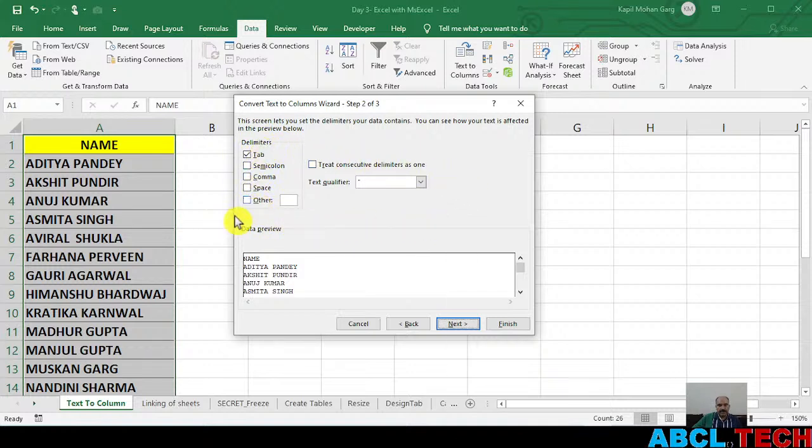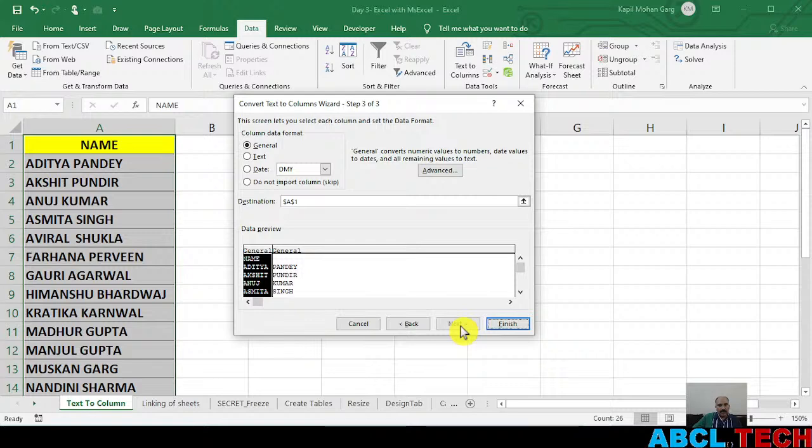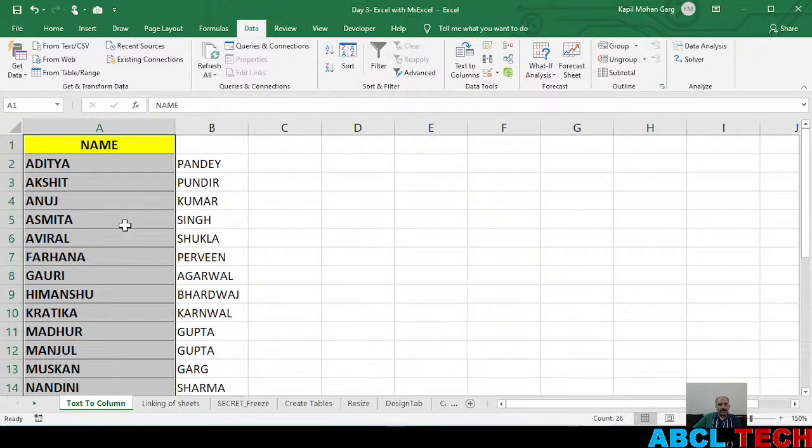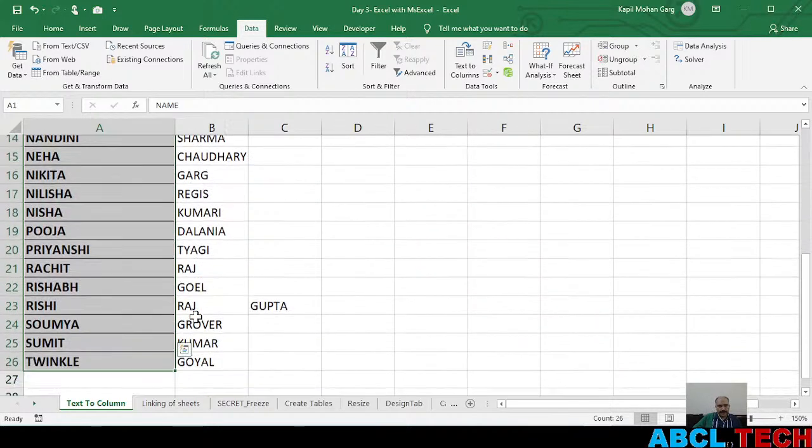It is asking you what is the character by which the data is separated. So our data is separated by a space bar, so click on this space. When you click on this space, you see on the bottom side, it shows you that name and surname or the family name is separated into two columns. Then again click on next, and you just say finish, and you see the data is separated into two columns,